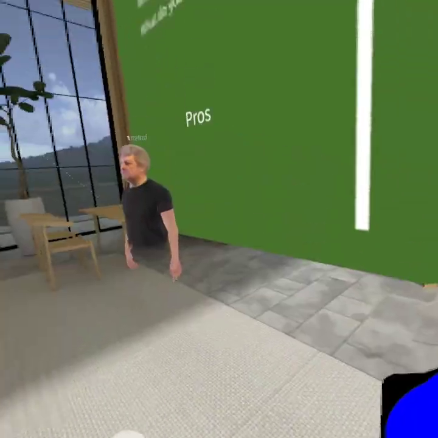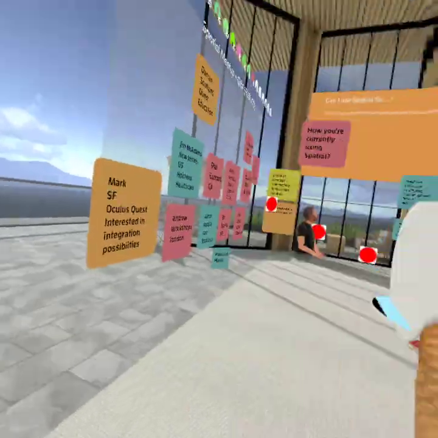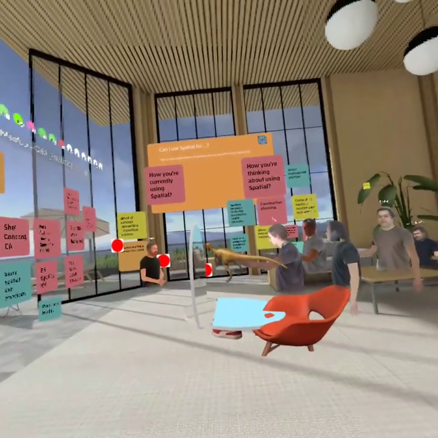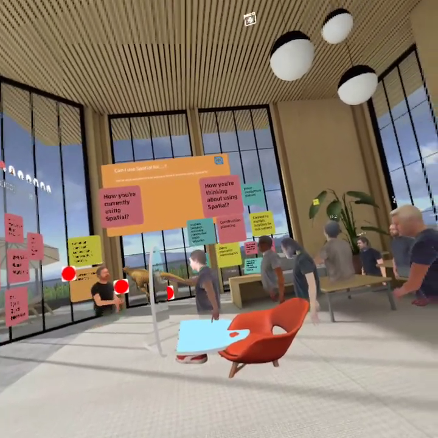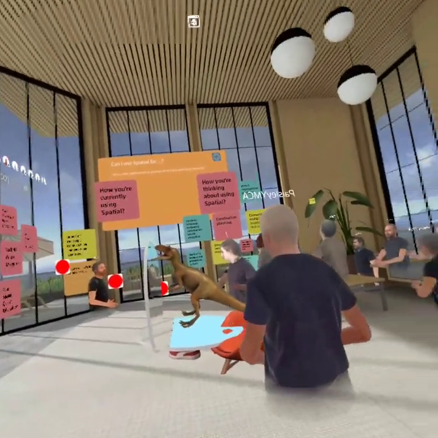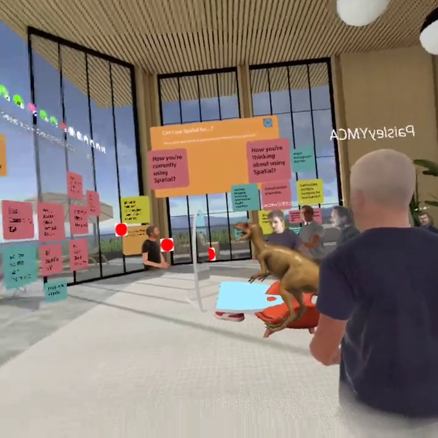Andrew's causing trouble over here. He brought an entire dinosaur into the room. Sorry, I'll make him little again. It's fine. I'll stop playing. You know what? He'll only eat you a little bit. Yes, yes. Oh my God, stop, please. Sorry, this is what happens when you let the Disney people in. This is amazing.